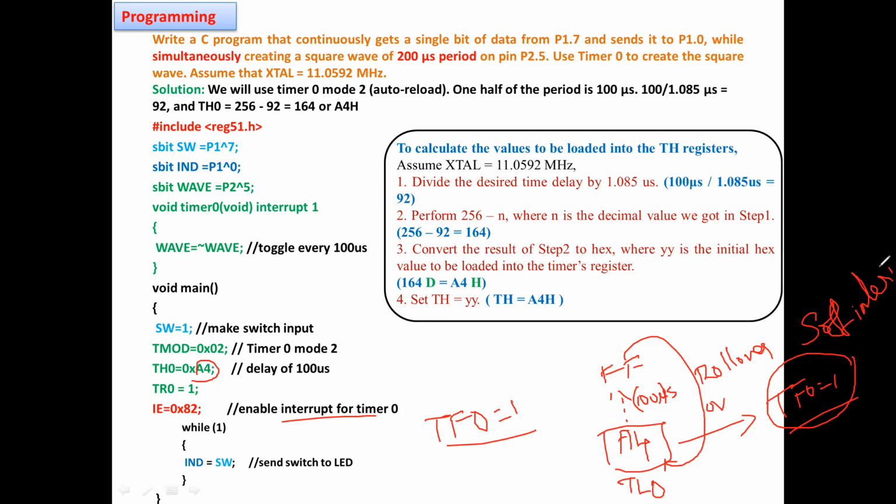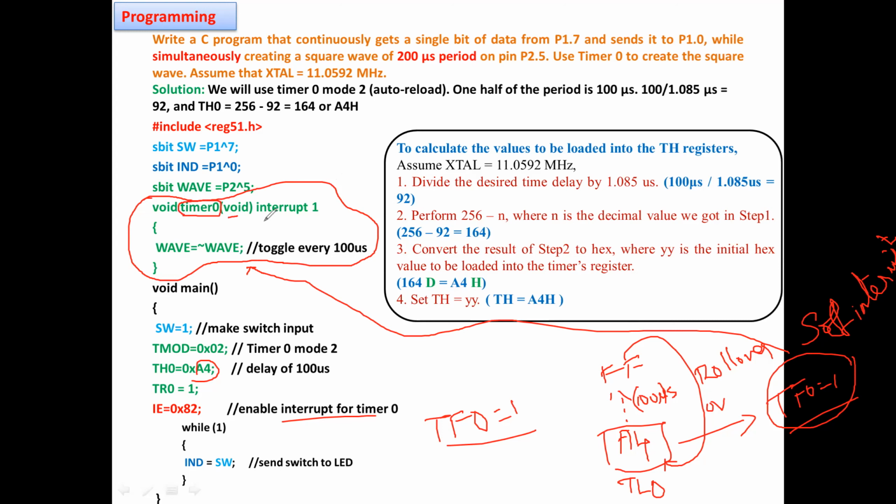See, if it is an interrupt concept only, we are thinking into that. If it is a 1, the condition is automatically there are a set of codes in the program which will be executed. Keep in mind, this is the function. Whatever function name you can give, void, fine. This is very important: interrupt 1 for timer 0.